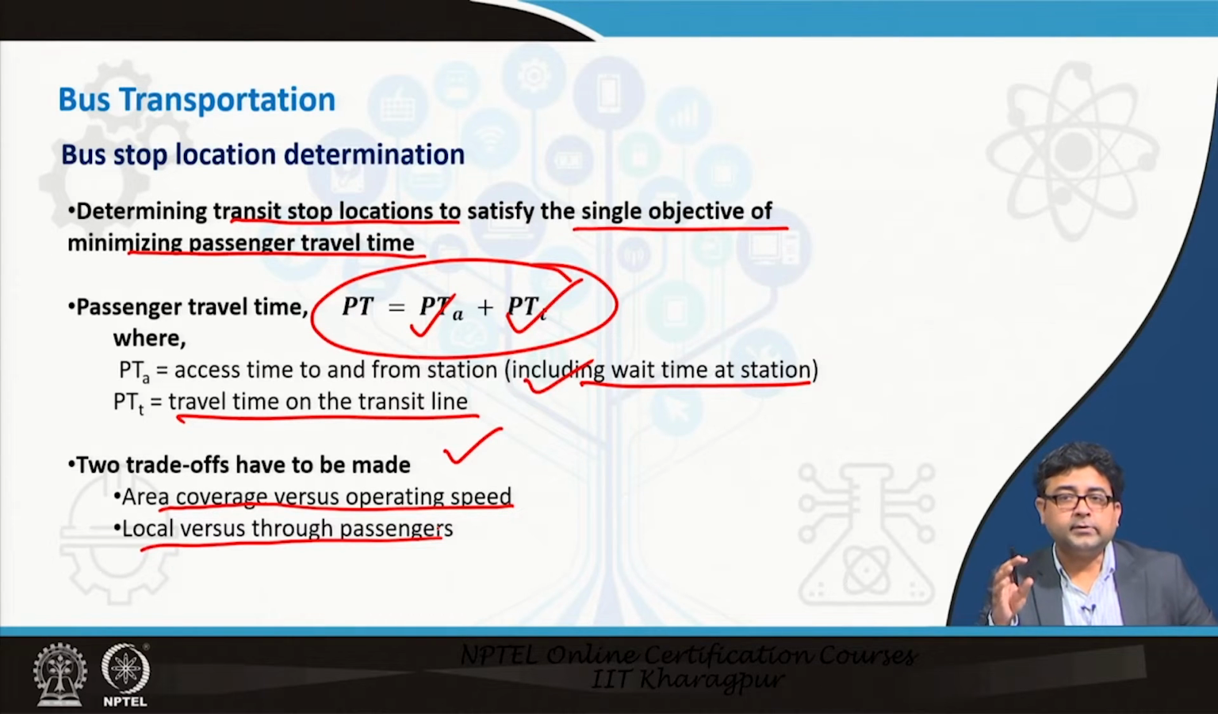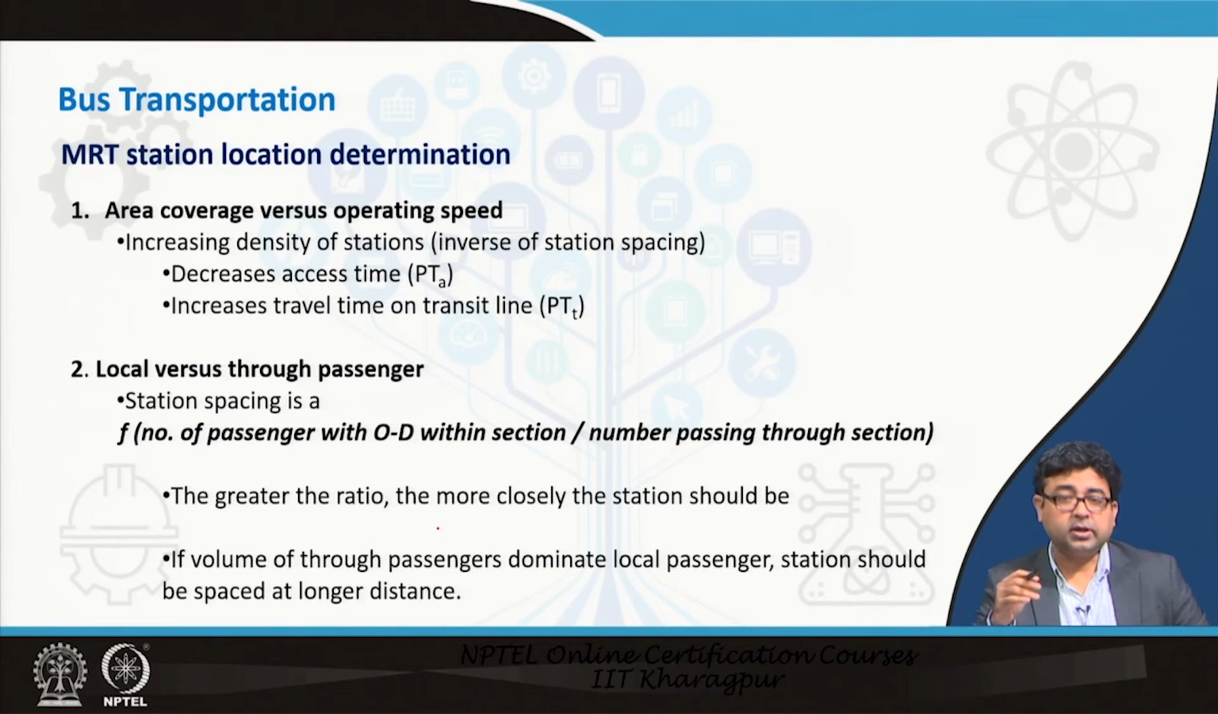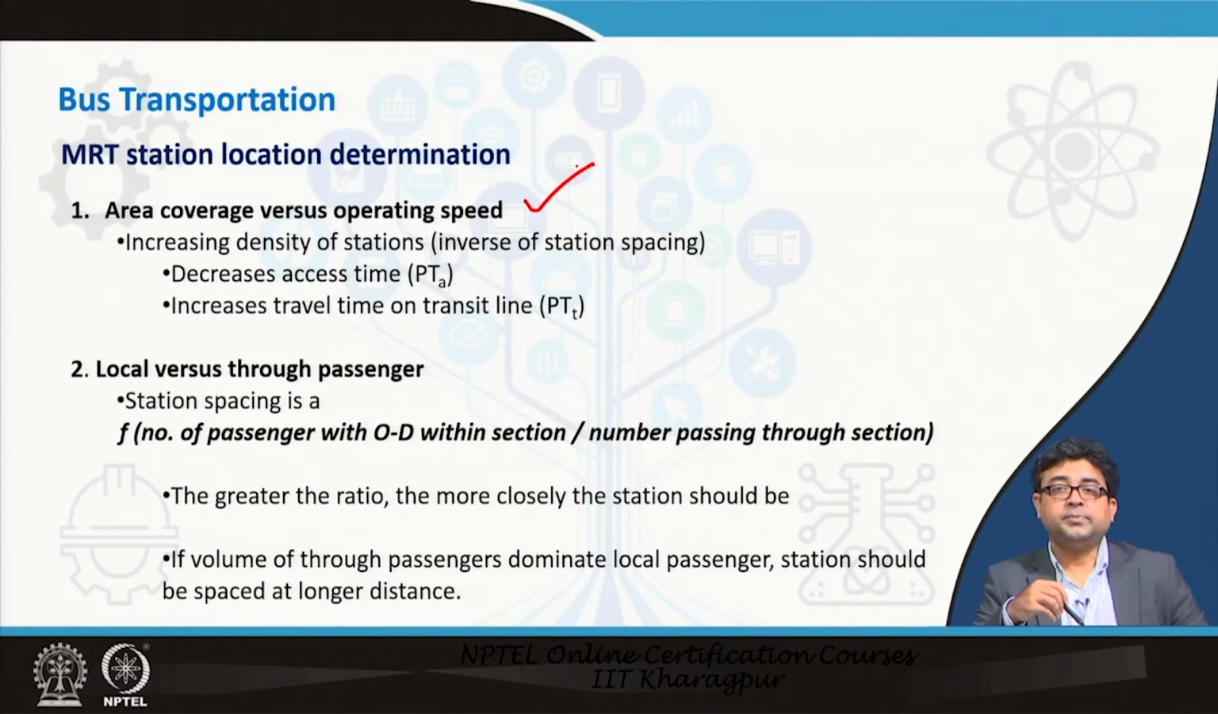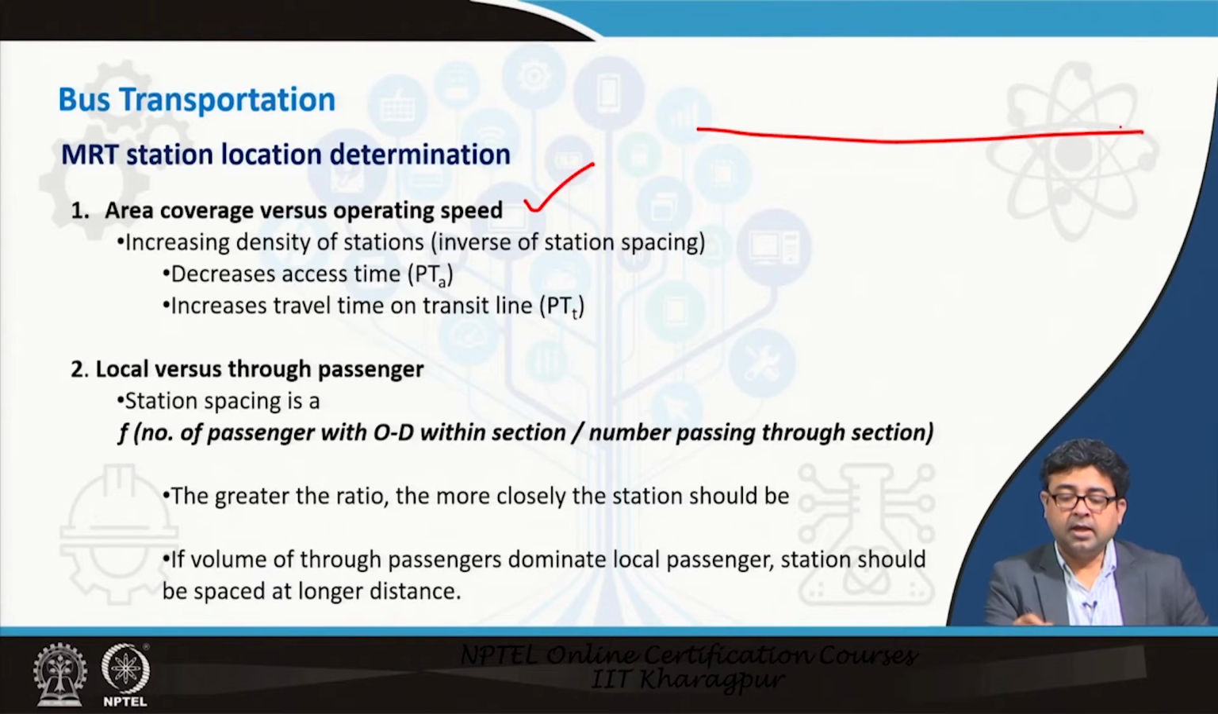These two trade-offs will determine where you should locate your stations. Okay. So, let us look at each of those trade-offs. So, area coverage versus operating speed, right. So, if you think of a transit line, and you want to put your station locations here, here, here